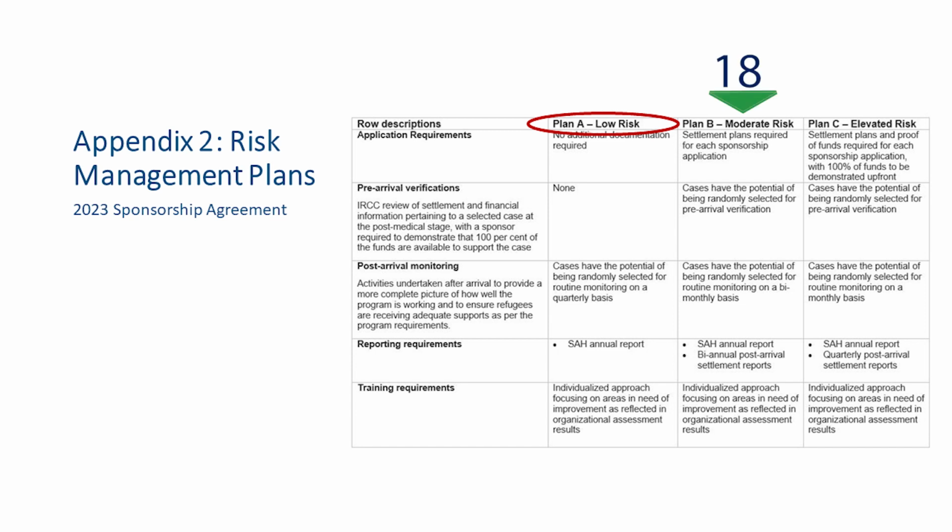There are 18 SARs that are in Plan B, and of those 18 SARs, I think 14 are new SARs, which are organizations that have recently signed agreements with ISCC. 2 SARs were assessed as being in Plan B, and then the remaining 2 SARs out of the 18 in Plan B are SARs that have indicated to ISCC that they're not going to submit any new applications, but they will be supporting their existing caseload.